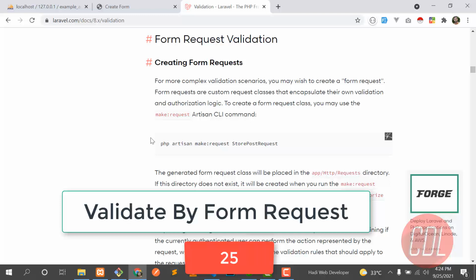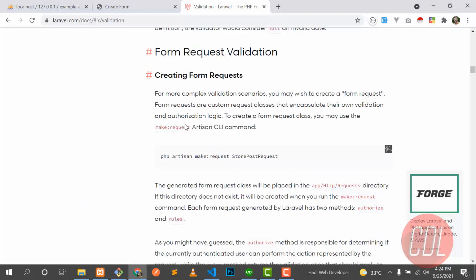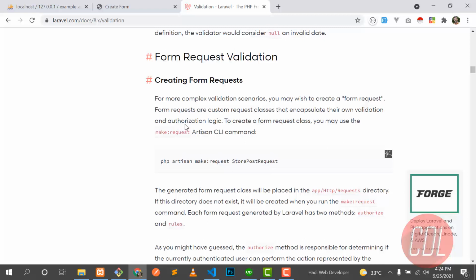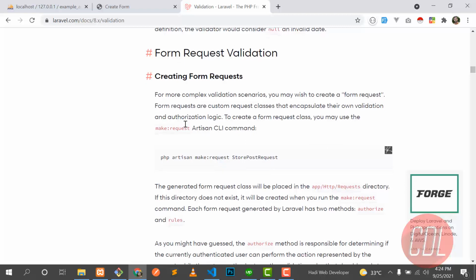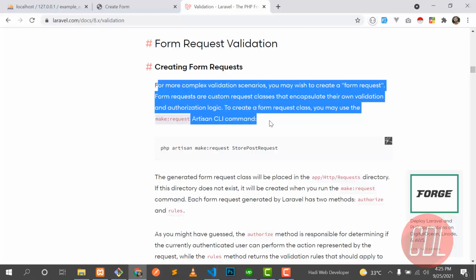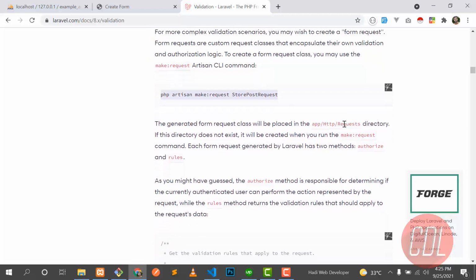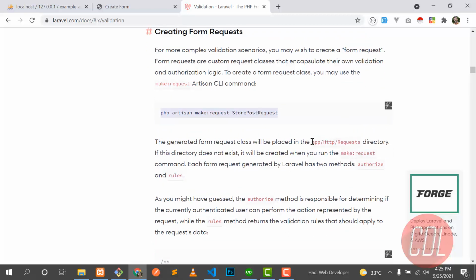Hello guys, in the previous video we validated the user data by implementing the validate method in the controller. Now it's time to create a new request and validate the user data. So this is the create form request, and this is the command for creating a request. These requests are stored in this directory